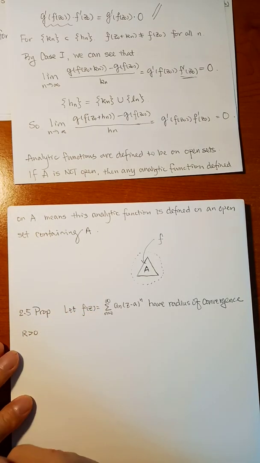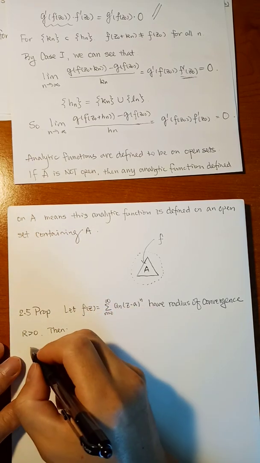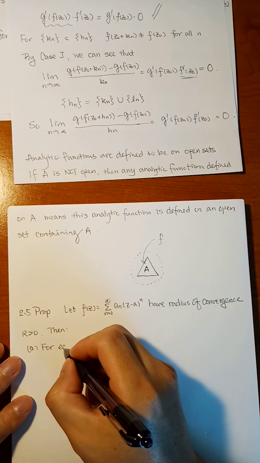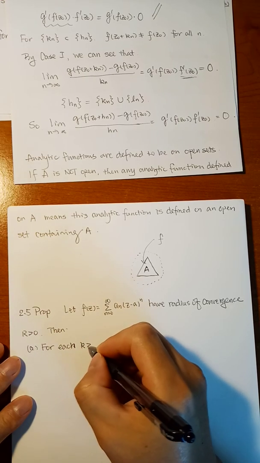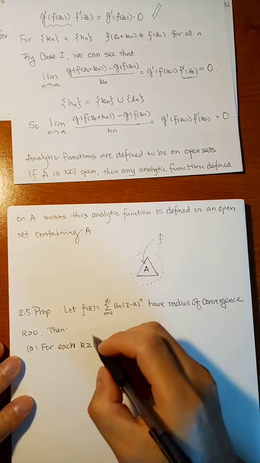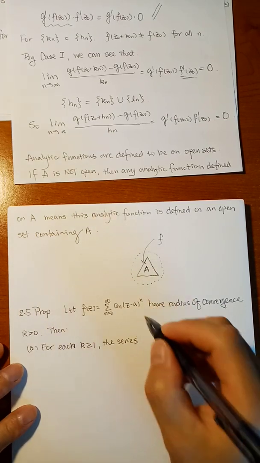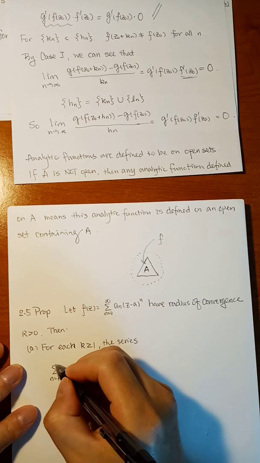Okay, then, part A: for each k greater than or equal to 1, the series sum from n equals k to infinity